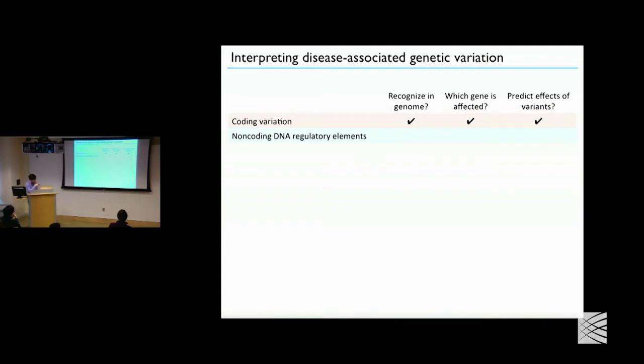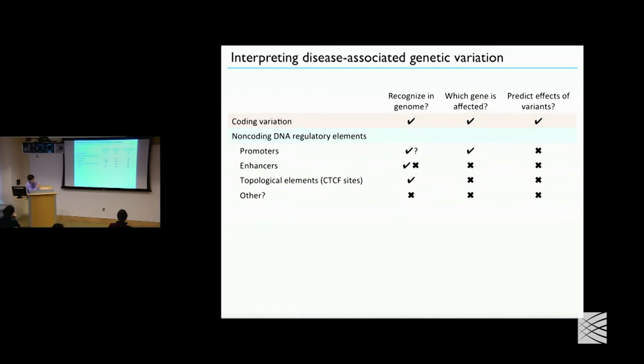on protein. It turns out that most of the genetic variation associated with common diseases does not fall in the coding regions of the genome, and most of it lands in the non-coding region. So I'm going to put up a scorecard of how we're doing in terms of understanding the majority of variants that land in the non-coding regions of the genome. The non-coding genome is 98% of our genome, and we don't understand its genetic code. Somehow the protein coding part got the name the genetic code, when really there's a vast amount of information in the non-coding genome that we don't know how to understand or interpret.